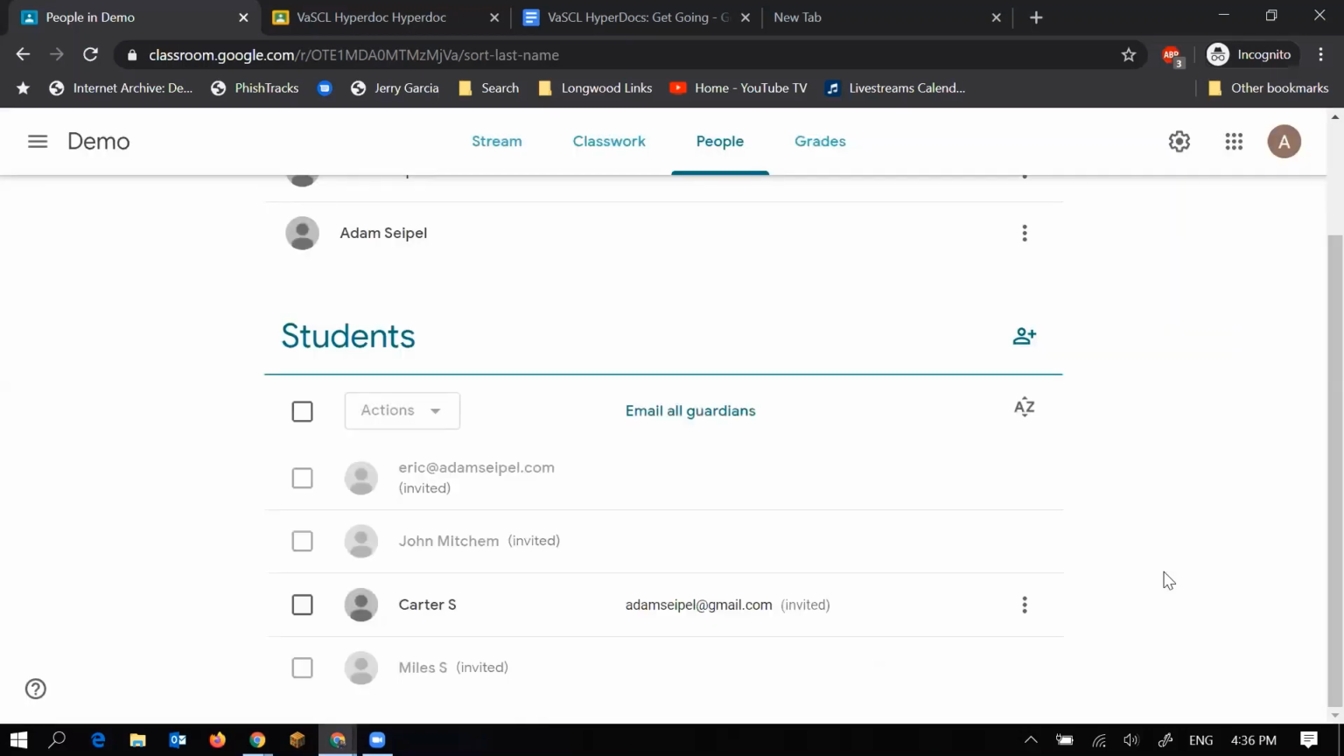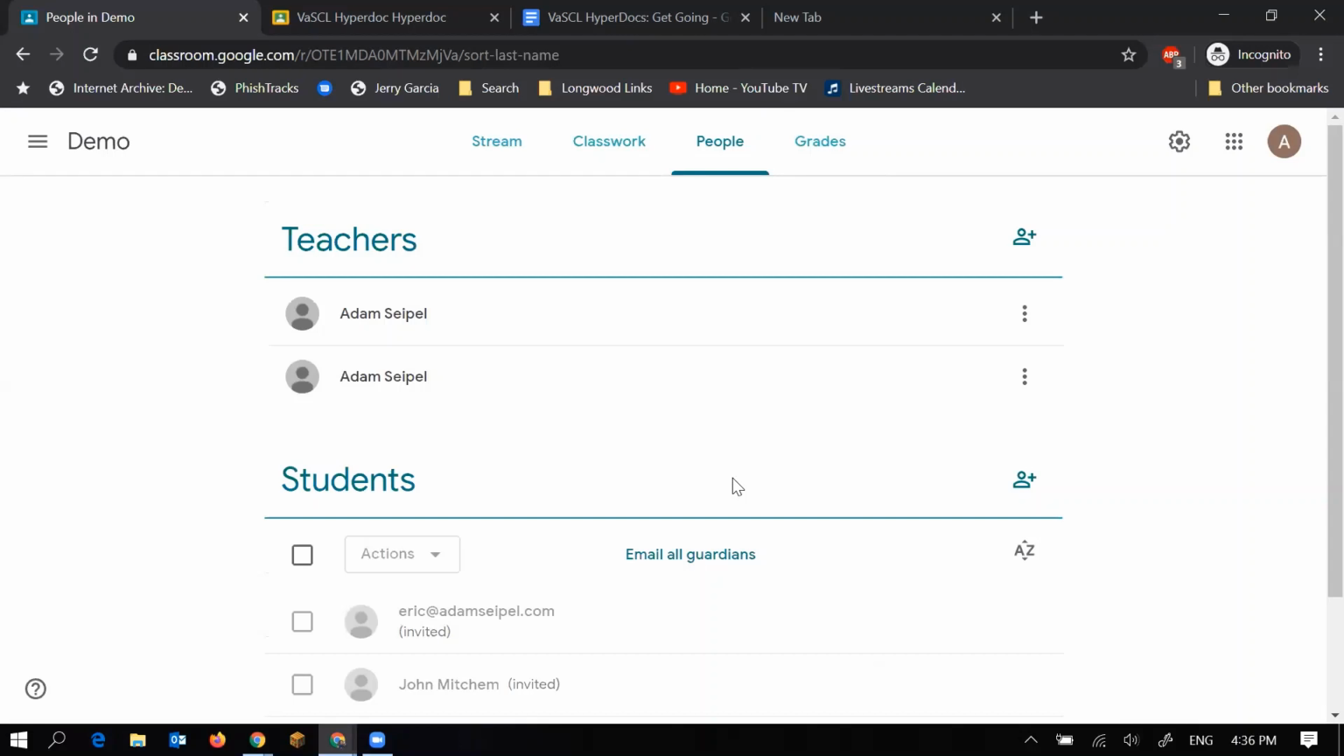And that has sent Adam Seipel at that email address an email that he can click on. Once I link Carter and Adam as father and son, then I would start to receive weekly emails that provide updates about how my student is doing. So to model that real quick,